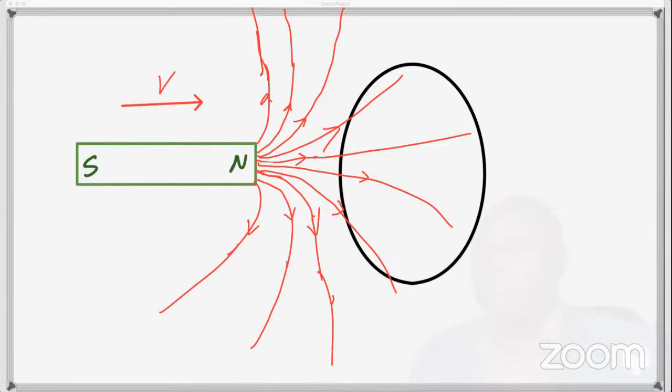Decrease. If you push this magnet into the coil, will you have more lines going into the coil, or will you have less lines going through the coil? You'll have more going through. You have more. Right now, you only have 4 lines going into the coil or touching the coil. But as you push the magnet closer into the coil, the other lines will begin to cross the plane of the coil. That's what I mean. So if the magnet is moving like this, then you would say the original flux is increasing.